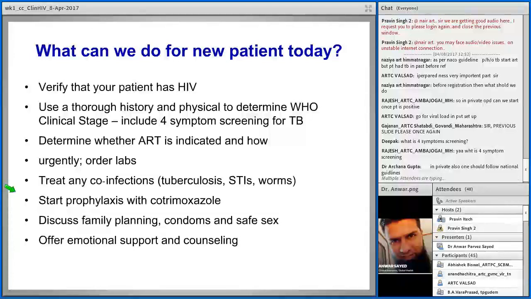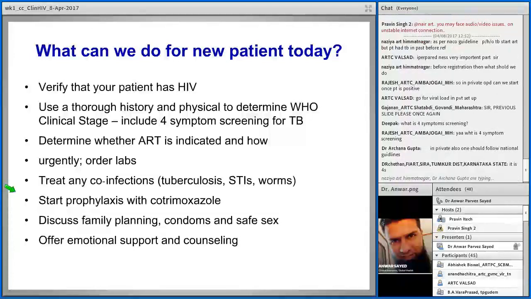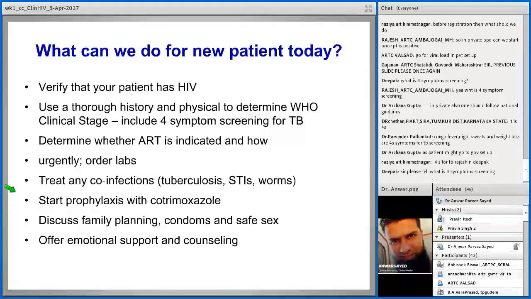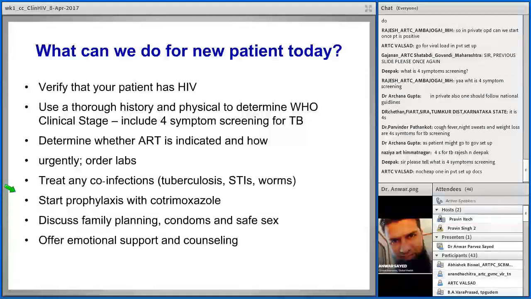Try to contact them. Try to call them back to the ART center and try to start communication with them. If you bring them back, especially from them, there will be a subset who are medically eligible and not on ART. You need to bring them back also. These are the patients who are in pre-ART care, but they will immediately become eligible for ART as soon as test and treat is announced by NACO, and you will receive the instructions regarding that. But before that, please do this groundwork at present. Start calling them, tell your medical officers and counselors that this is going to come. So we should be ready by the time NACO announces test and treat.